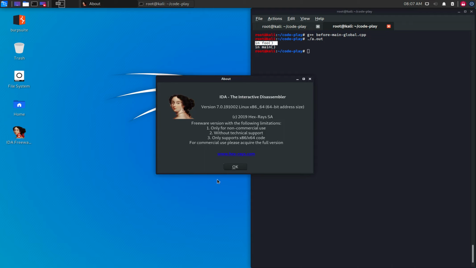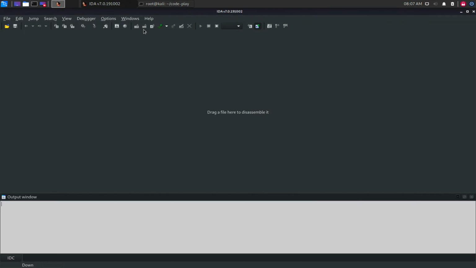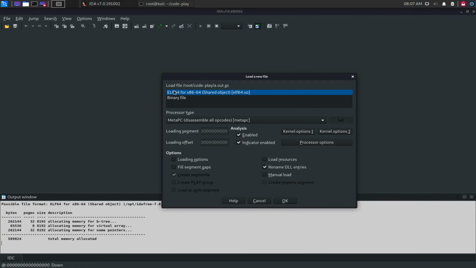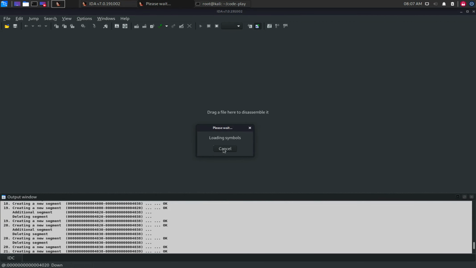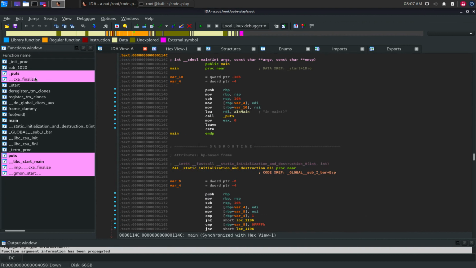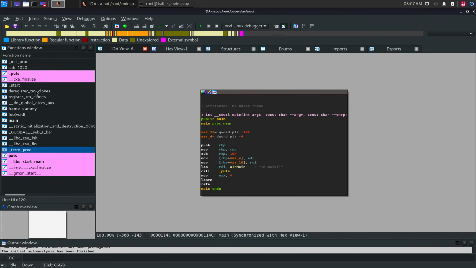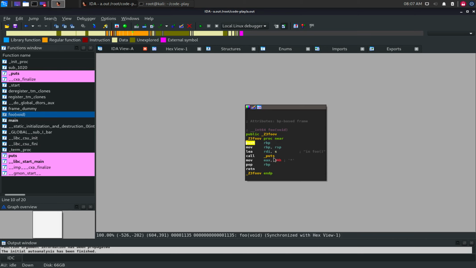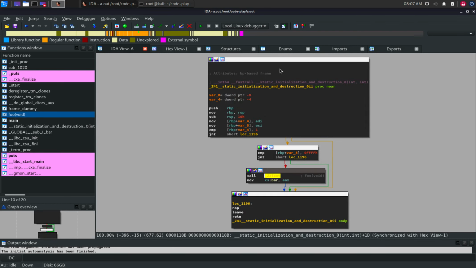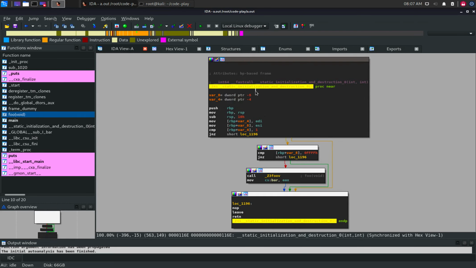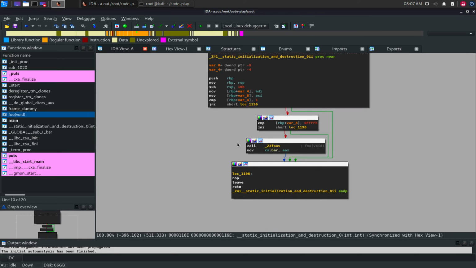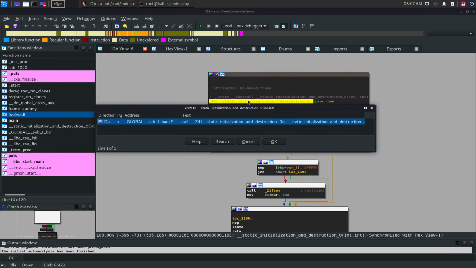Right, let's open IDA Pro and open the file and then go ahead and analyze. The first function presented to us is main. Nothing really interesting here, guys. This is the foo function we've defined in the code. It is called by another function that initializes the static variables. This in turn is called by wrapper code generated automatically by GCC compiler. Let's see together what's next.